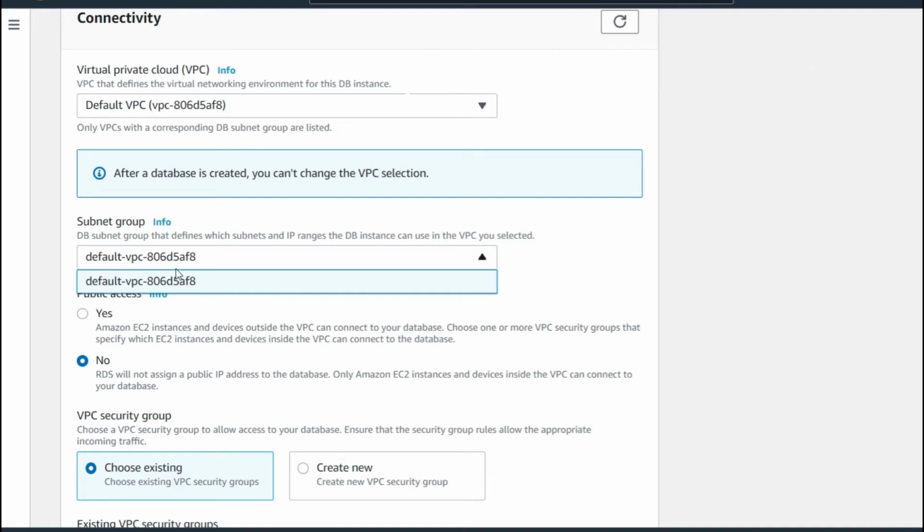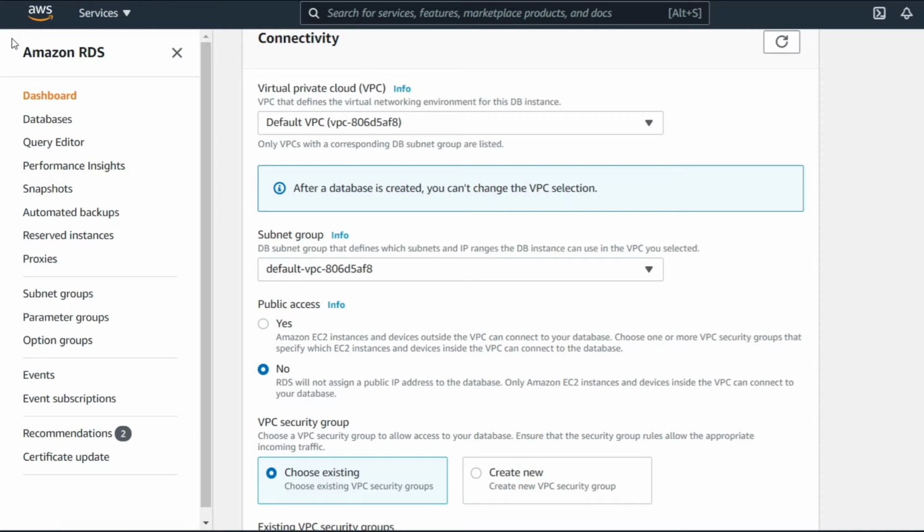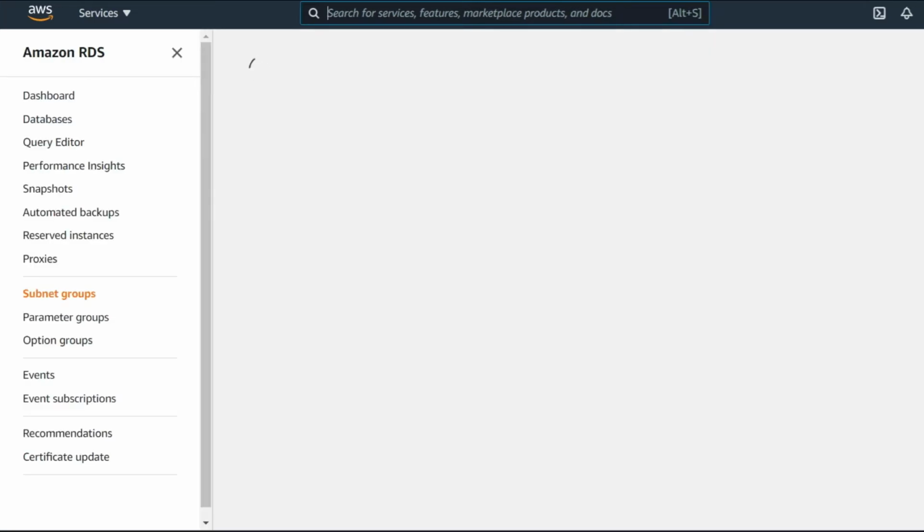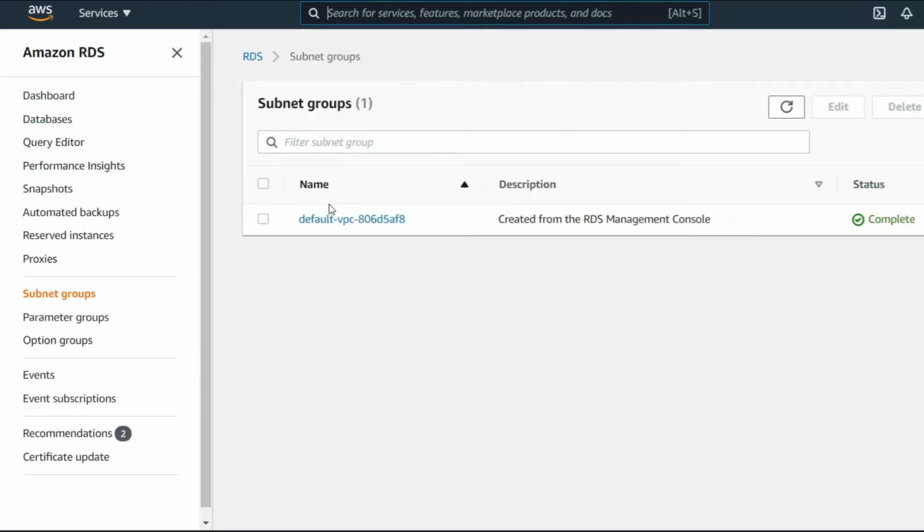So there's a default subnet group created here, which is a public subnet. Okay, I know this is a bit confusing, so let me show you. What a subnet group does is it determines in which subnets your RDS instance will be created. I have attached all subnets because all of mine are publicly accessible.